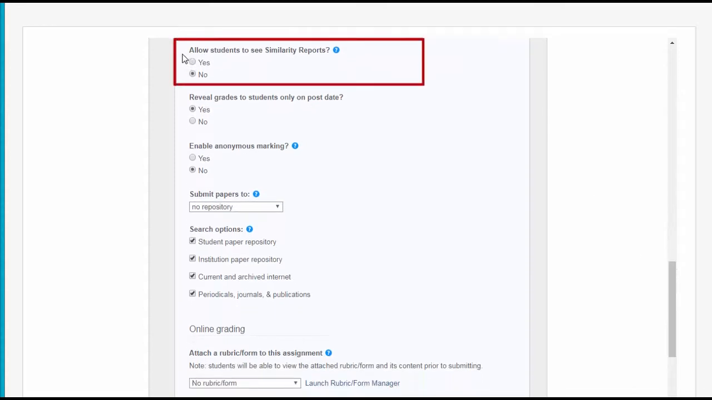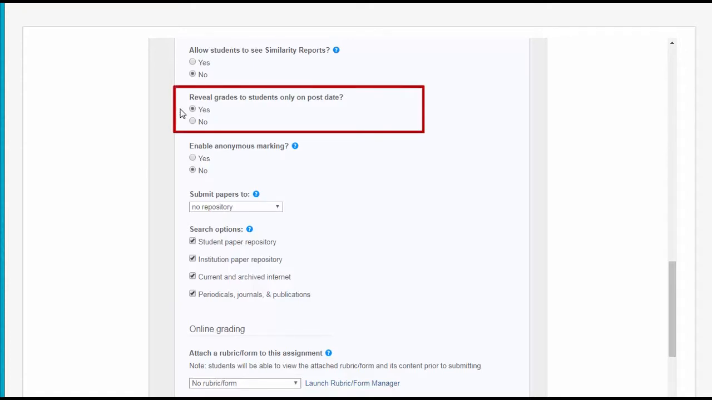Allow students to see similarity reports. In most cases, policy suggests that this should be set to no. Reveal grades to students only on post date. We discussed what post date meant earlier in this tutorial. Just as a reminder, this is the date at which grades and feedback will be released to students. It's very important that this is set to yes. If set to no, the grades and feedback will be released as soon as they are entered into the Turnitin